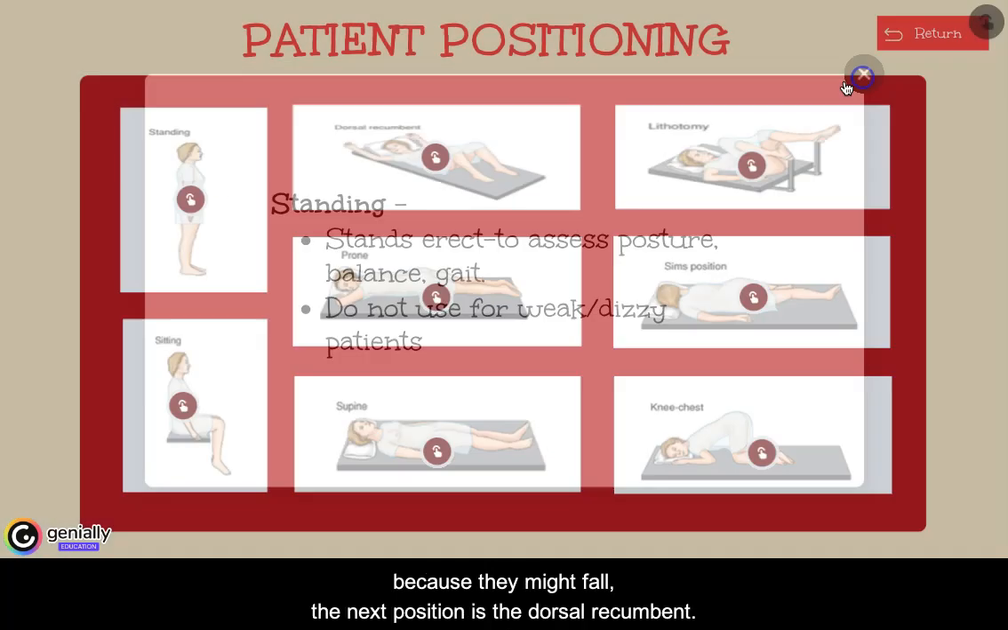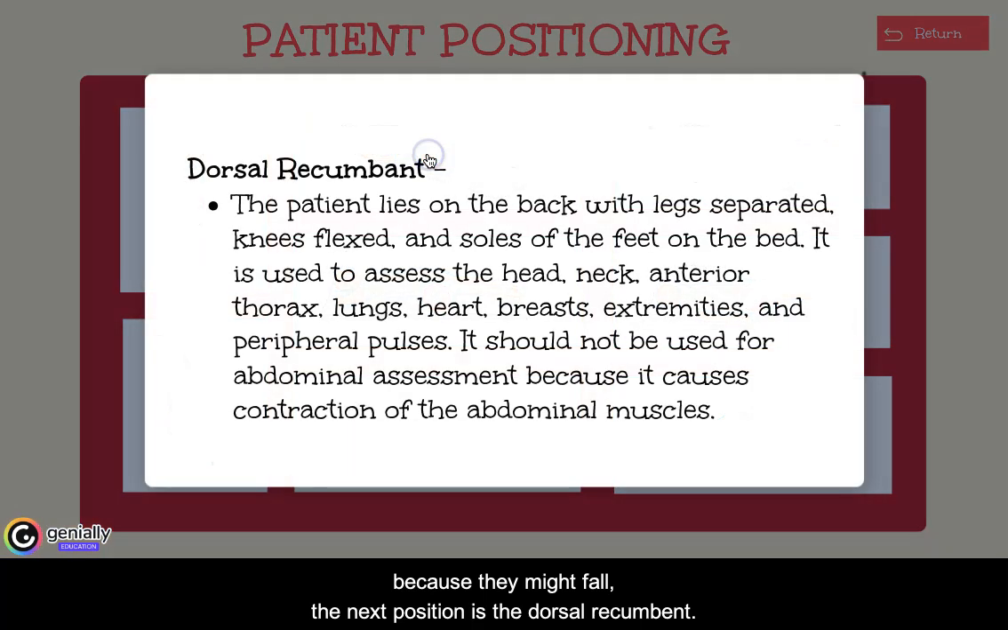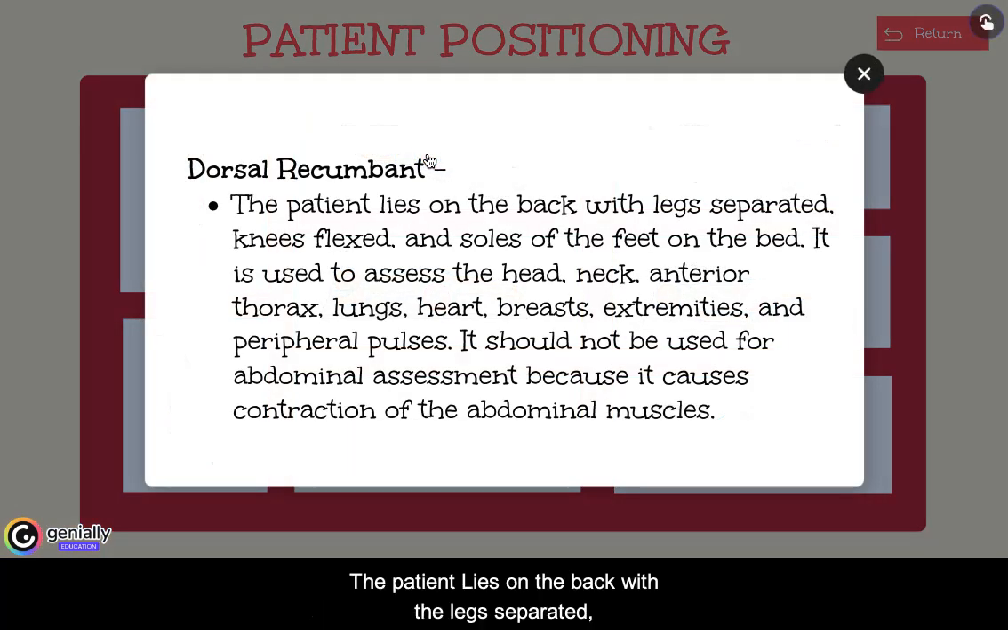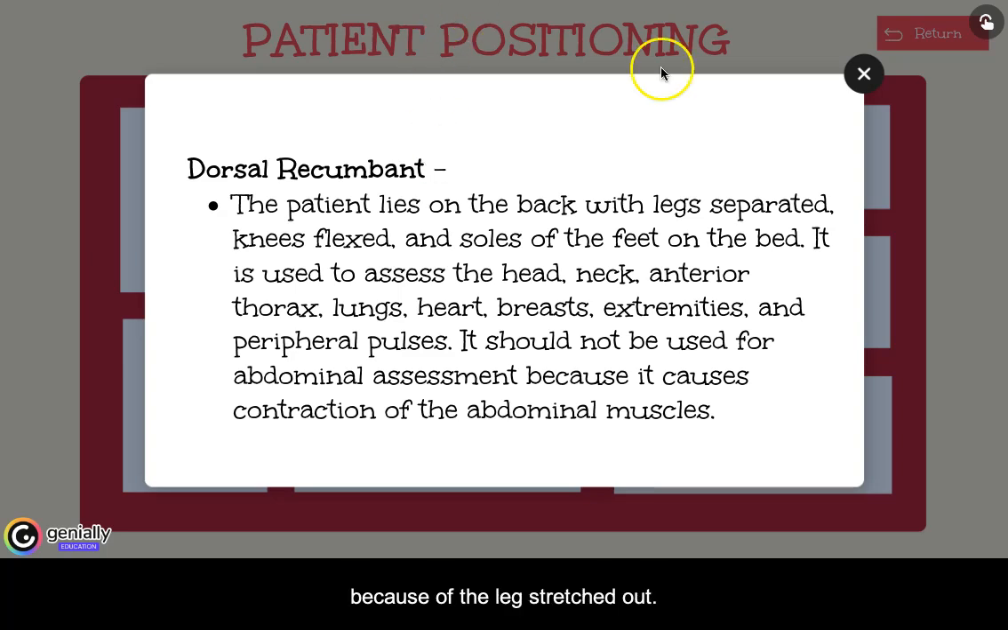The next position is the dorsal recumbent. The patient lies on the back with the legs separated, knees flexed, and soles of the feet on the bed. This is used to assess the head, neck, anterior thorax, lungs, heart, breast, extremities, and peripheral pulses. It should not be used for abdominal assessment because it causes contraction of the abdominal muscles because of the legs